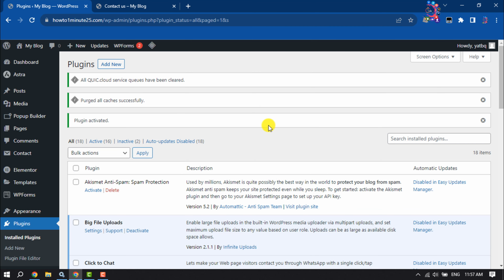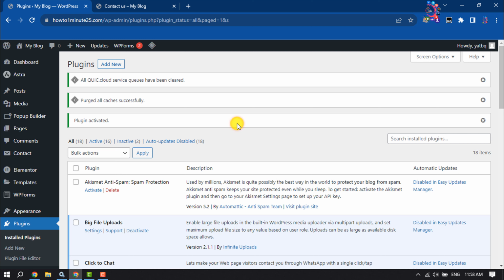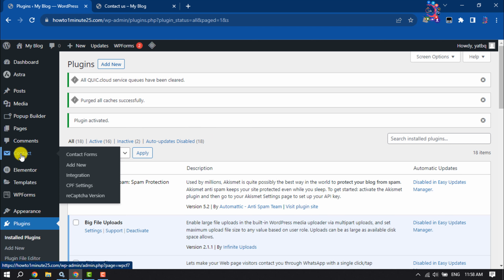Once you installed the Contact Form 7, you will get this contact option here through the Contact Form 7 plugin, and through the Popup Builder plugin you will get Popup Builder option here. Now we need to create a form first. To do that, click on Contact,